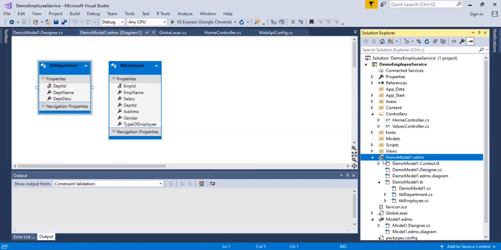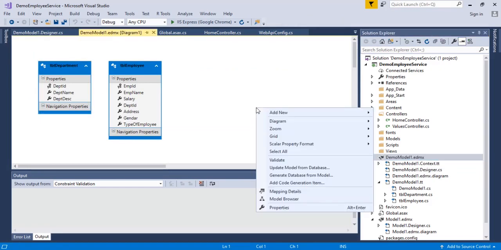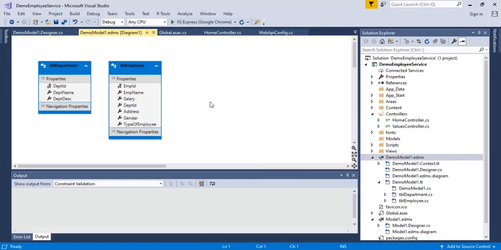This is an ORM tool, basically object relational mapping. Whatever the database entities are there, we are mapping here using this Entity Framework.